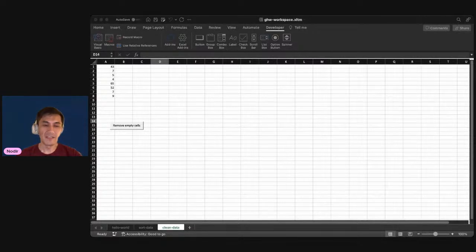So now we cleaned the data. We removed some of the empty rows in between. You see, macros are useful to process data, also to clean the data. So the next thing I want to show is